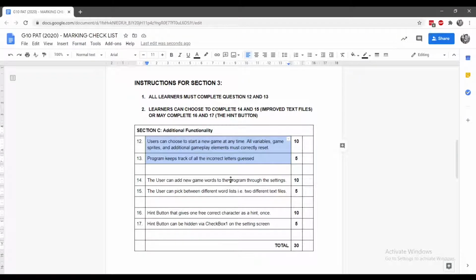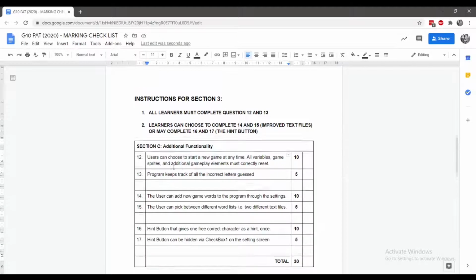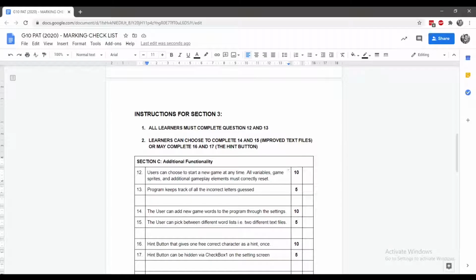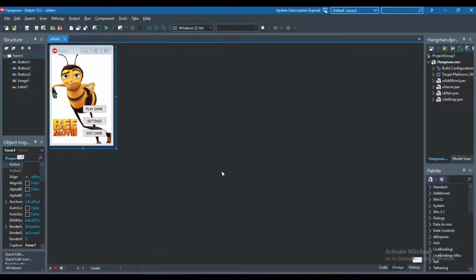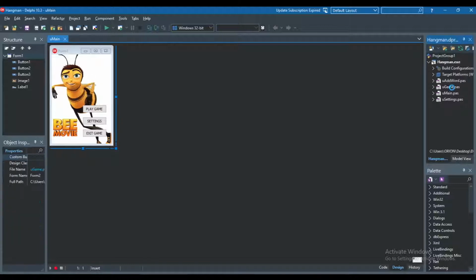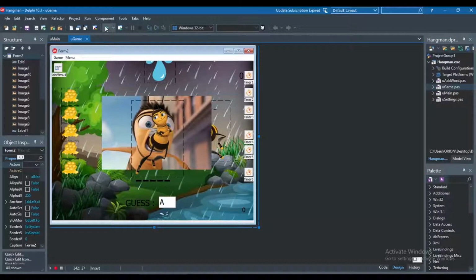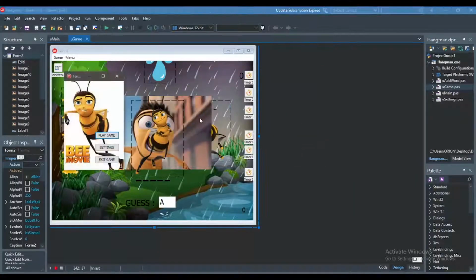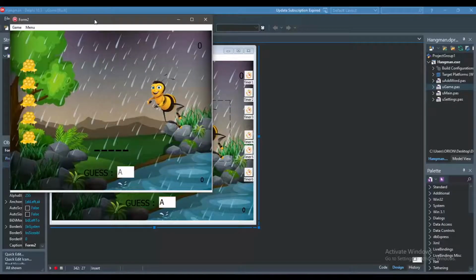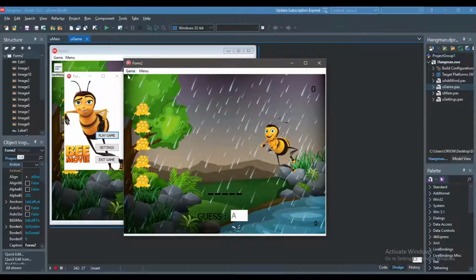Okay, so let's start off with point 12, and let's just talk about it logically. I've been kind of programming this as we go. You'll see that with my UGame screen, I have made a good effort to program this to an extent. You see, I start with everything reset, and if I start a new game and I play the game a couple of times,